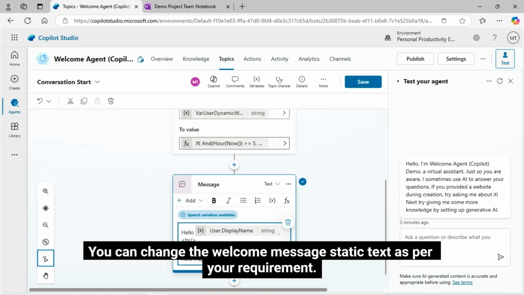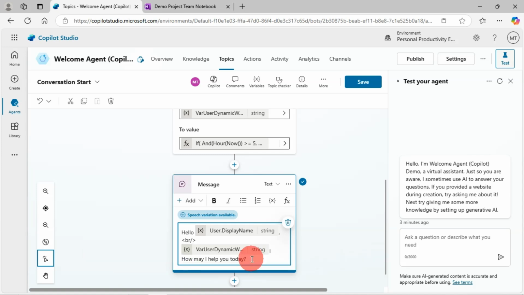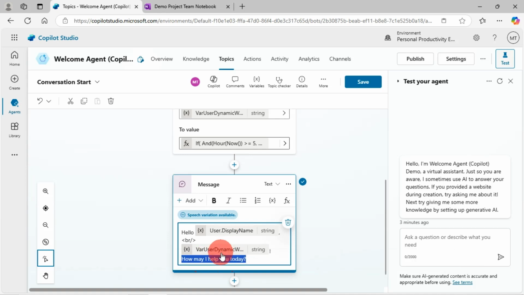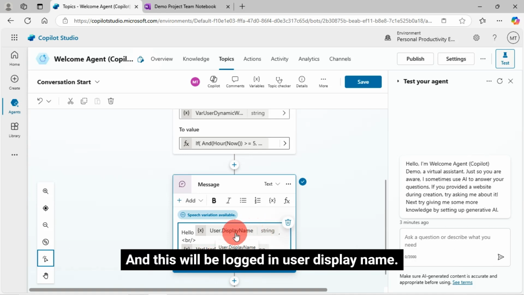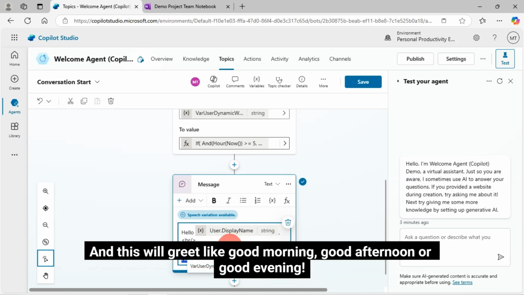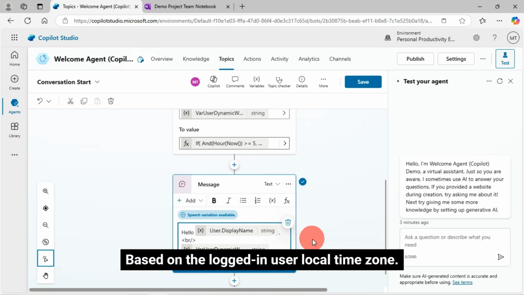You can change the welcome message static text as per your requirement. The highlighted text you can change as per your need. And this greeting is dynamic. This will be the logged-in user display name. The user who logged in, that name will be shown here. And this will greet like good morning, good afternoon, or good evening, based on the logged-in user local time